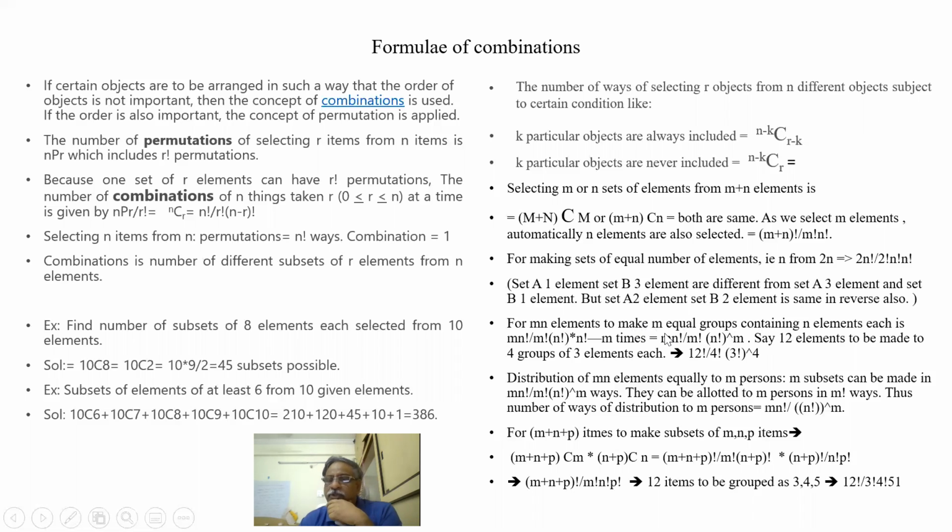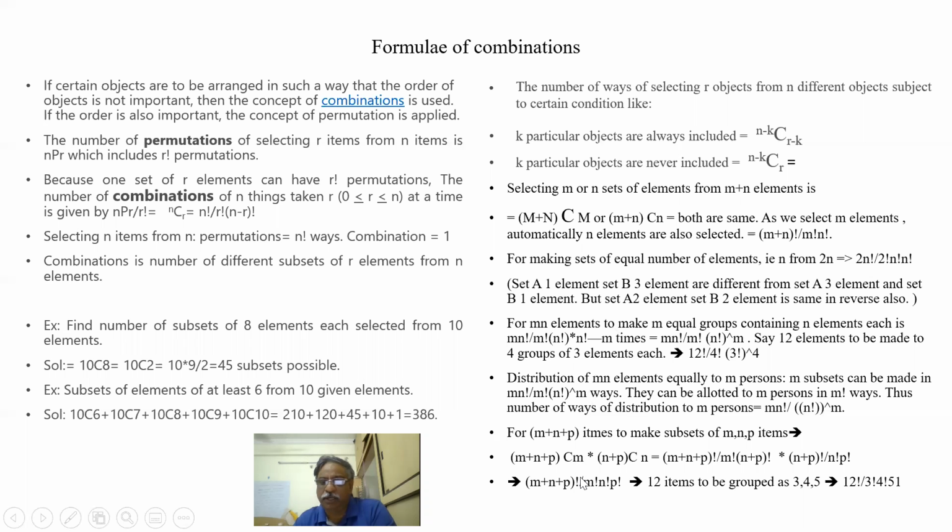So I have to distribute m equal groups containing n elements each. In what way can I make it? Total is mn. M groups, each n. Total quantity is mn. So mn factorial by m factorial into n factorial into n factorial into n factorial, m times, because there are m groups. So by way of this formula,